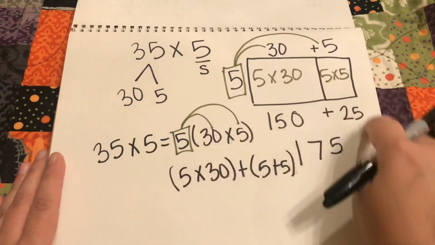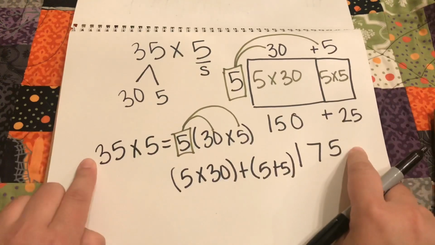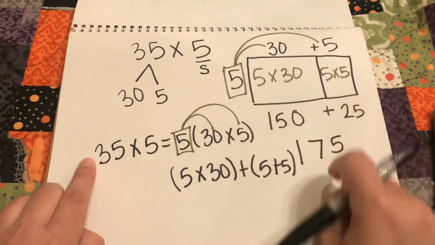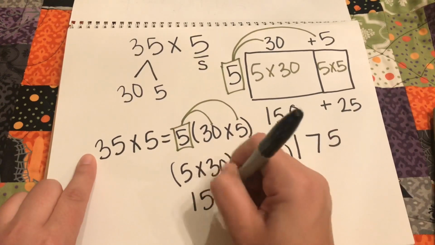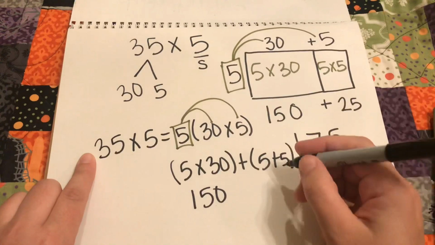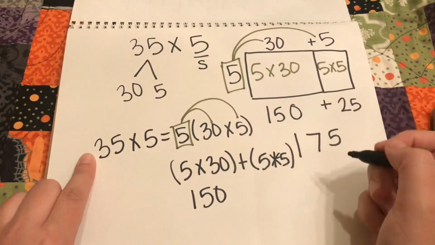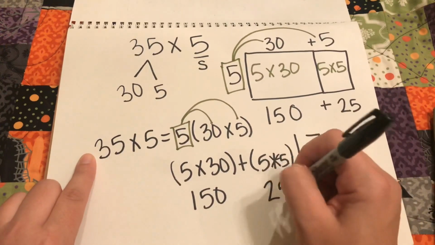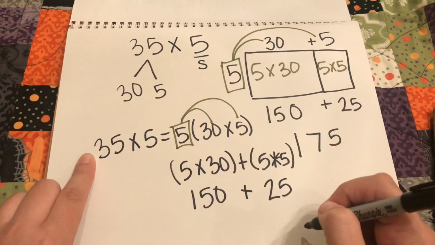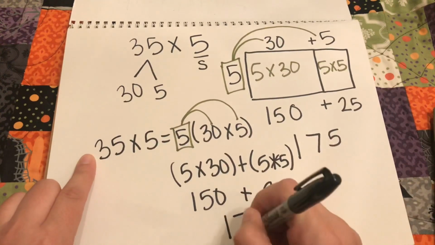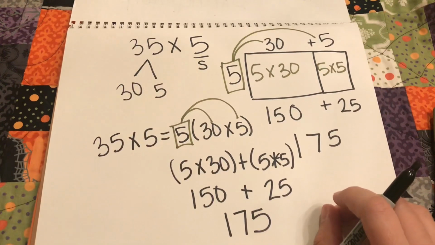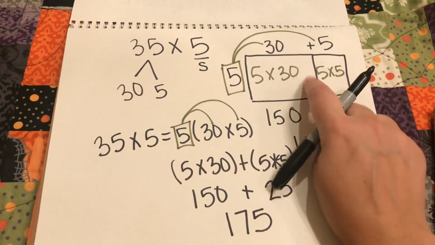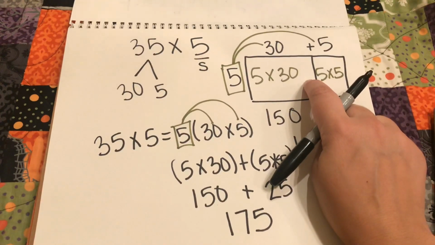I notice that I have used the same numbers in both ways, both in algebraic notation and in the area model. I now come down to 150, which I already solved here. And then 5 times, there should be a multiplication sign, 5 times 5 is 25. We add those together, and the answer will be the same, 175. This is the algebraic notation. And this is the place value or area model for multiplication of double digit times single digit using the